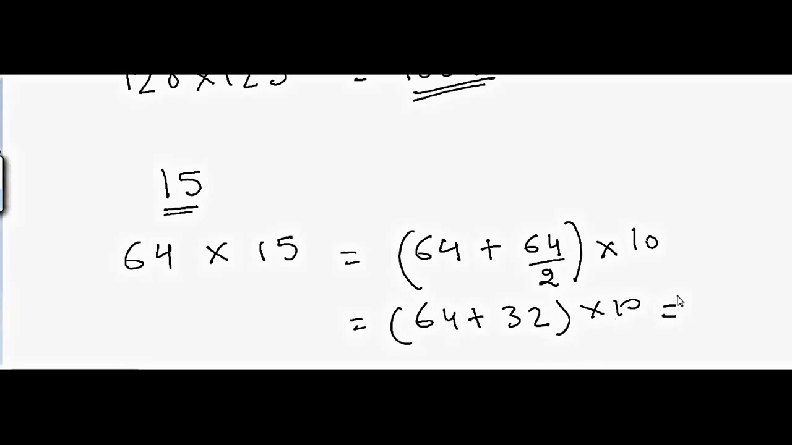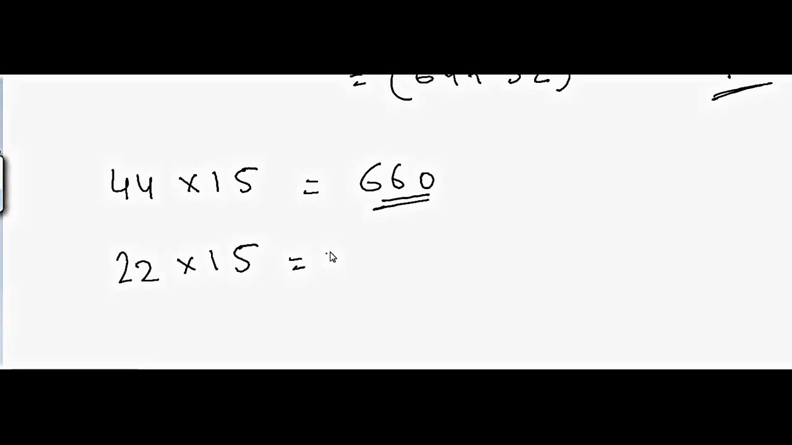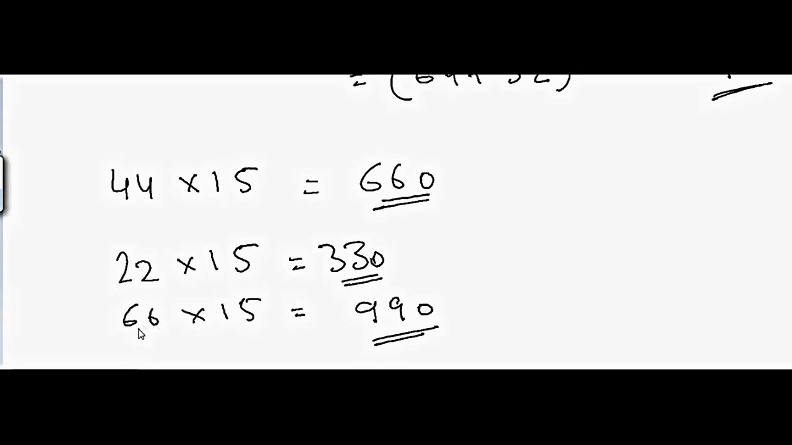Right? So let's do it quickly. Suppose I have 44 and want to multiply by 15. Half of 44 is 22, so that will be equal to 66, and then a 0, so that will be 660. Suppose I want to multiply 22 by 15, that will be equal to 330. And if you want to multiply 66 by 15, that will be equal to 990. As you can see, I'm using simple numbers, but you can always go to complicated numbers and do the same kind of